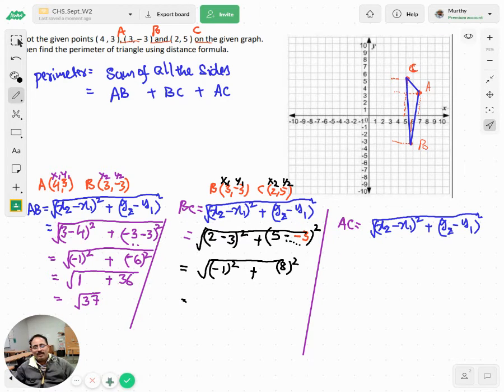Then negative 1 square gives you 1 here, 8 square gives you 64. Please, as I told you before, do not compute square root 1 and square root 64 separately. Add them, you get 1 plus 64, 65. Then the last part is